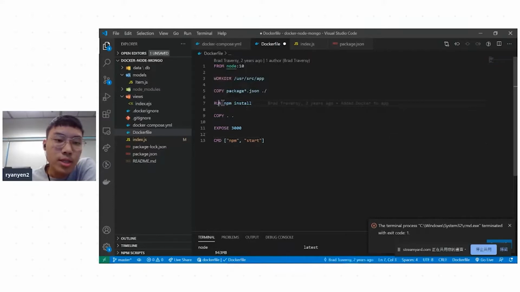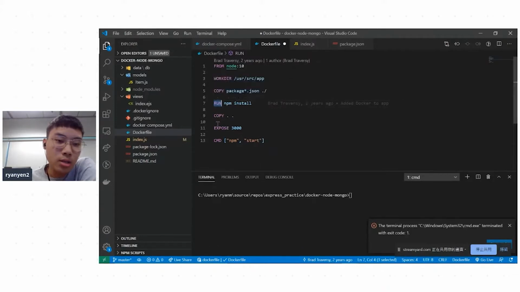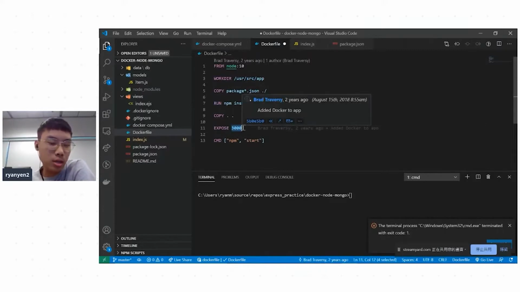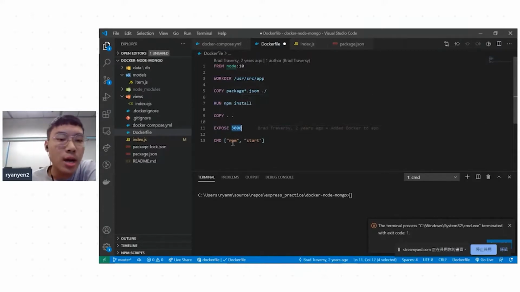So you can see that RUN is something you would type inside the command line, something you would type inside the terminal. You can write things here, and when I have installed everything, then you can copy every file, like index.js and the models, to this directory. This is from, this is to. Then I will expose port 3000, and last I will run